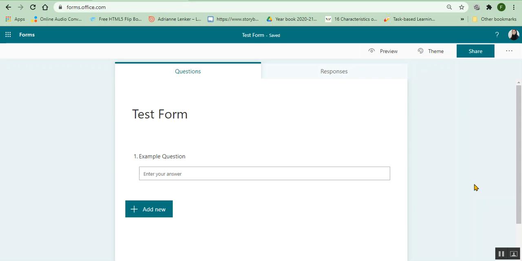Good morning. This is a tutorial on how to duplicate a form in Microsoft Forms. You can duplicate a form that you have already made or a new one that you would like to share with your colleagues. When you have finished creating your form or choosing the form from your list, then press the